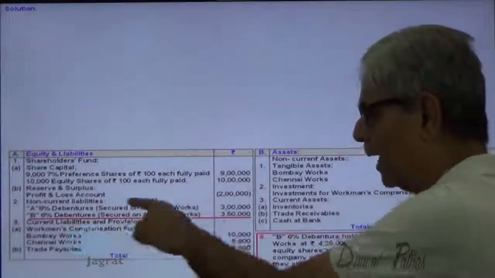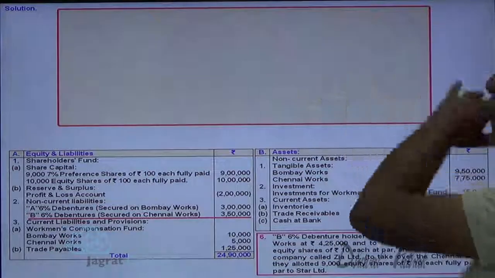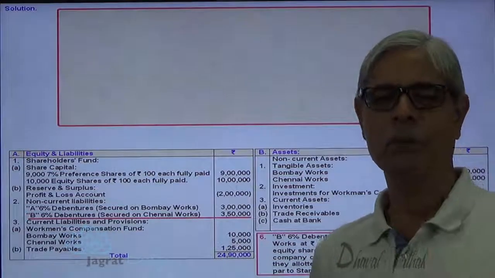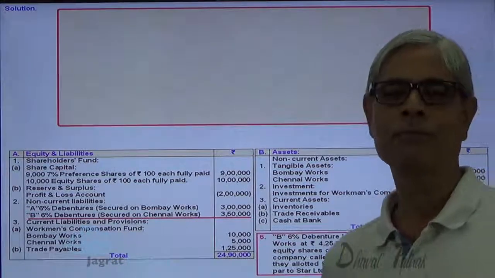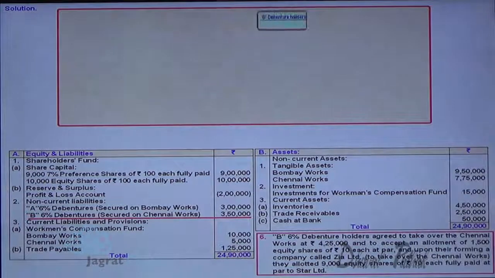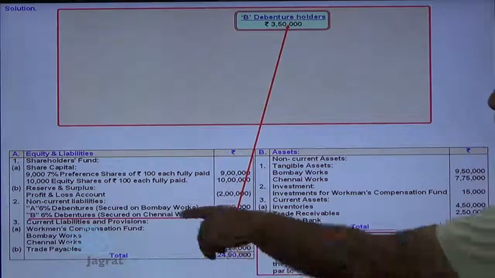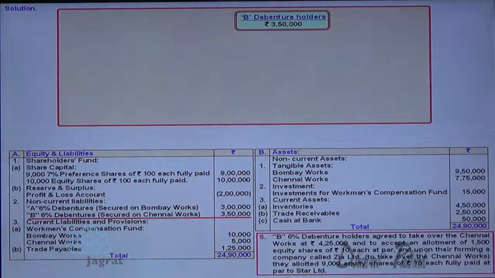B debenture holders 3,50,000. Point 6: B debenture holders agreed to take over the Chennai Works for 4,25,000 so far. So my liability towards debenture holders is 3,50,000. See, here I am preparing one explanatory chart for you, and I will explain the transaction with the help of this chart, and after that I am going to write down the journal entry. So liability towards B debenture holders as per my balance sheet is 3,50,000, and they have agreed